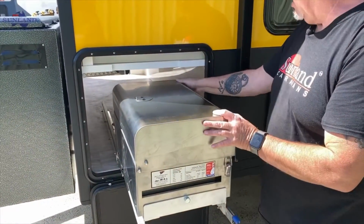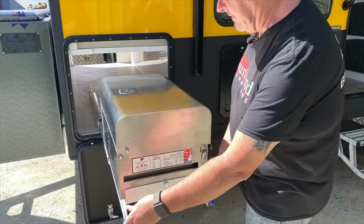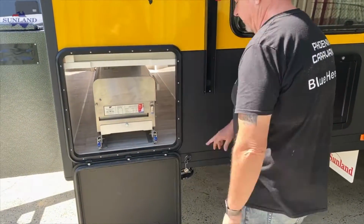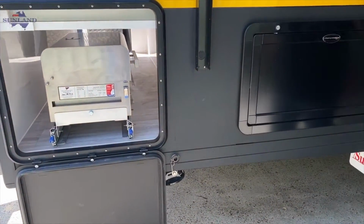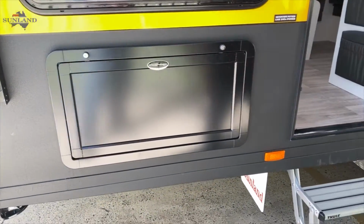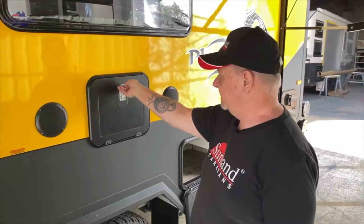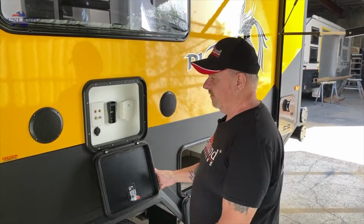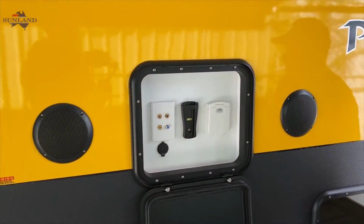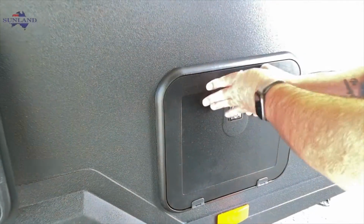This is a Sovereign barbecue, all ready to go. Just rolls out like so. You can swivel that around so you can see what you're doing. They've got the gas point at the front there. Outside table. Moving around the van. Outside entertainment, with the outside speakers. They've got a little access hatch under here for getting underneath the sink area to make